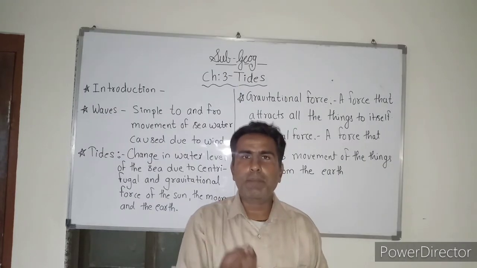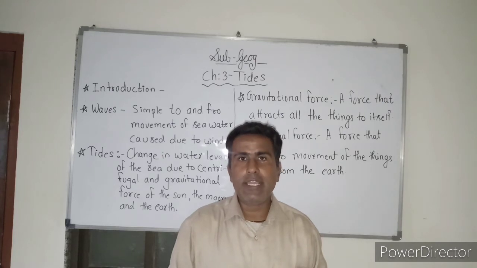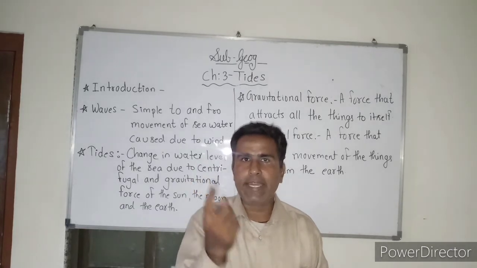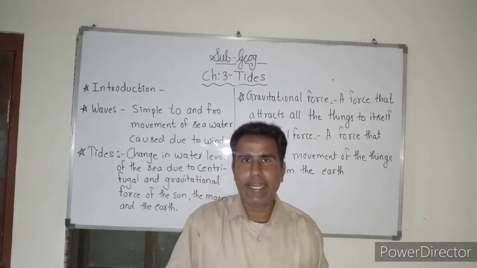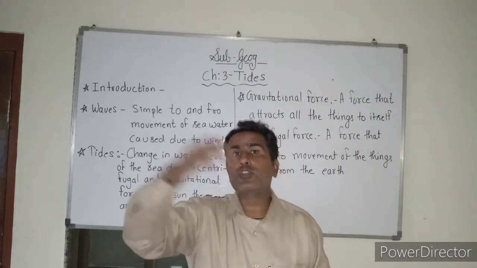Similarly, now take the example of a water glass. When you take a water glass and start rotating it, you will see that when you turn it speedily, the water will be thrown outside of the glass. Why does this happen? Because of the centrifugal force. Similarly, the earth also rotates, right? When the earth rotates, because of that rotation, centrifugal force gets generated and things, that means the water of the ocean or of the sea, is thrown out.